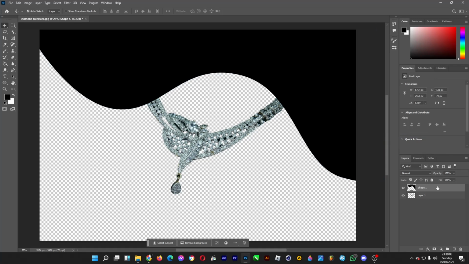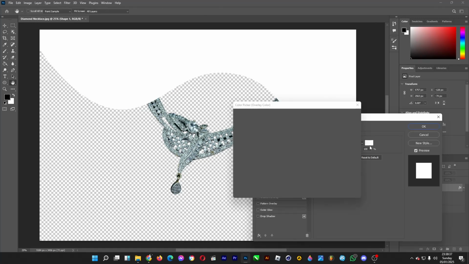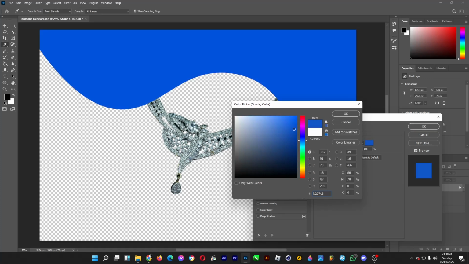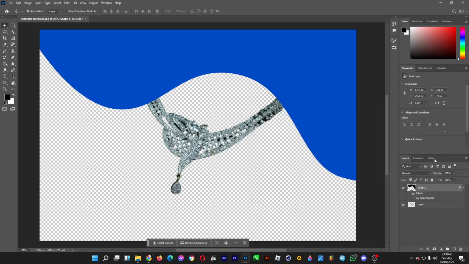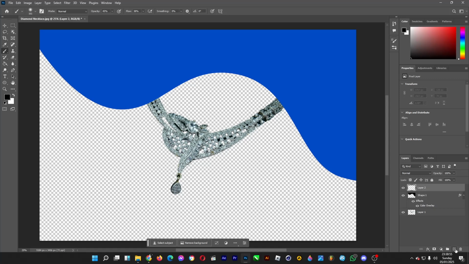And then double click on it again. Click on color overlay, and then let's say if we want to color it dark blue, just like this, and then click on OK, and then afterwards you create the shading for the cloth by using the brush tool. Decrease the size, and then click here for a new layer,